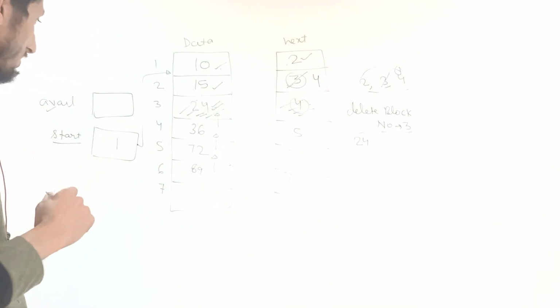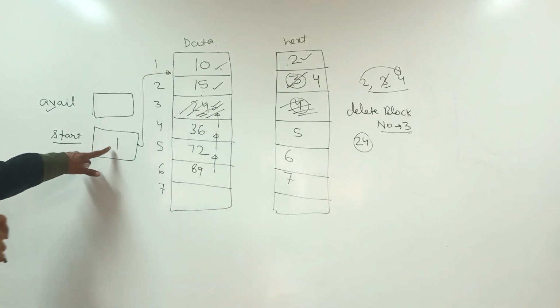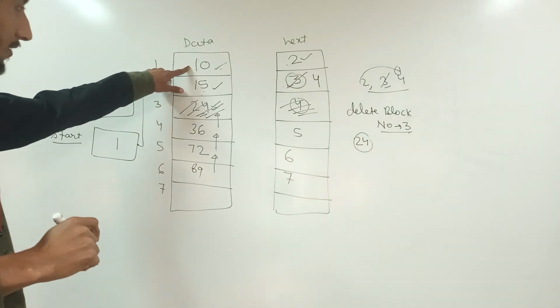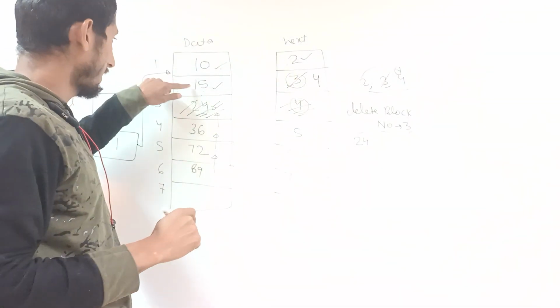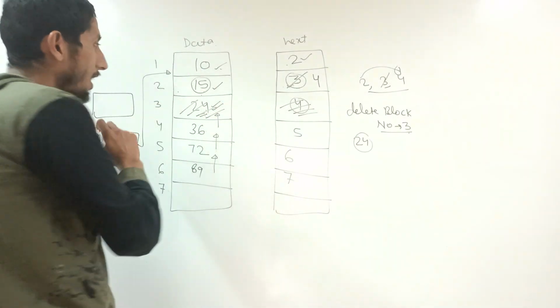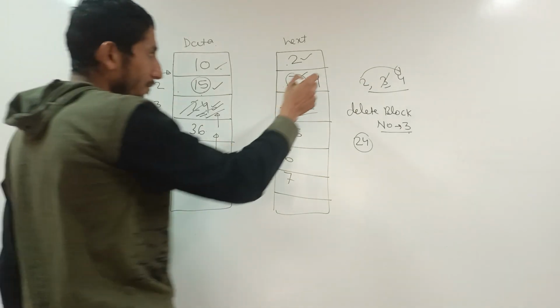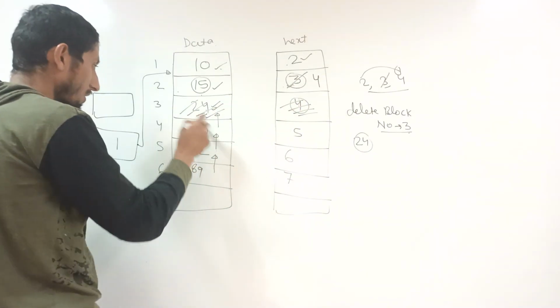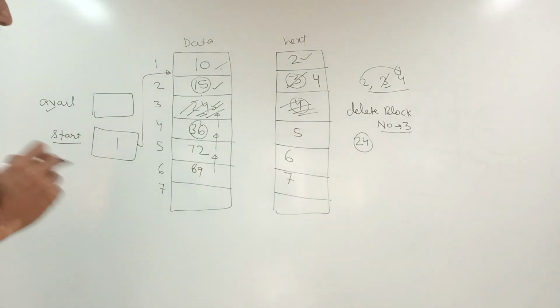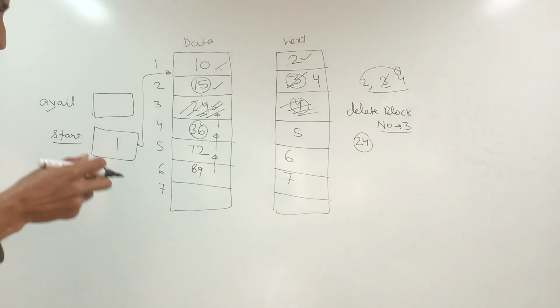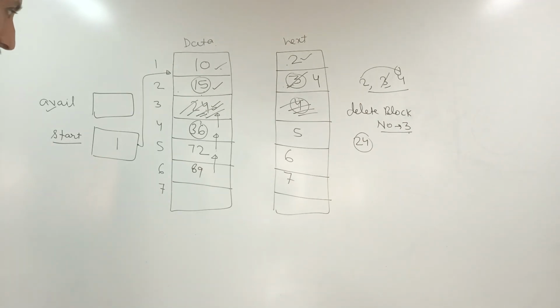So if someone looks at, there is a block number 1, that is 10. Then after block number 2, then that is 15. Then after block number 2, we don't have block number 3. We directly have block number 4. So we directly come here. So by following this approach, what I am going to do, I am going to delete the element, okay, and